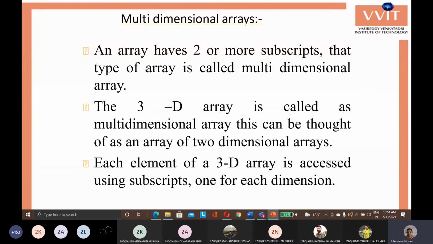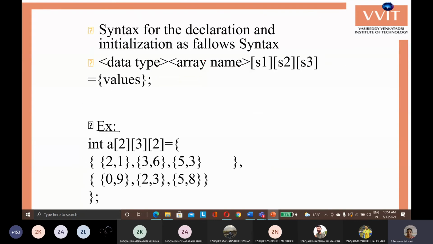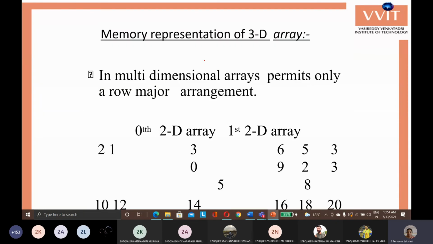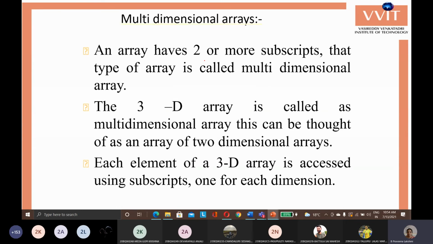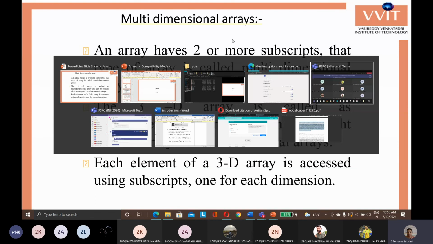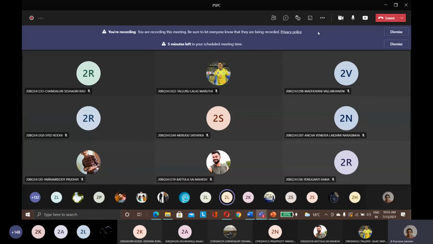Time is up. Once all of you do one thing: do the addition of a two-dimensional array. For the next class, do the addition of a two-dimensional array. I think you might already have the program, but try to do it yourself without looking. If you want, refer to the program once, but don't do it completely as copy-paste. Try the two-dimensional array addition without looking.